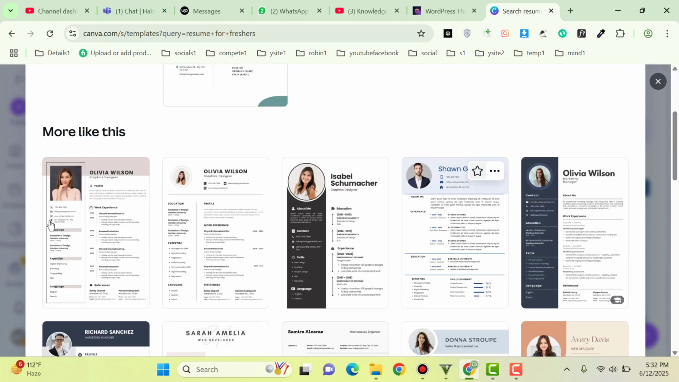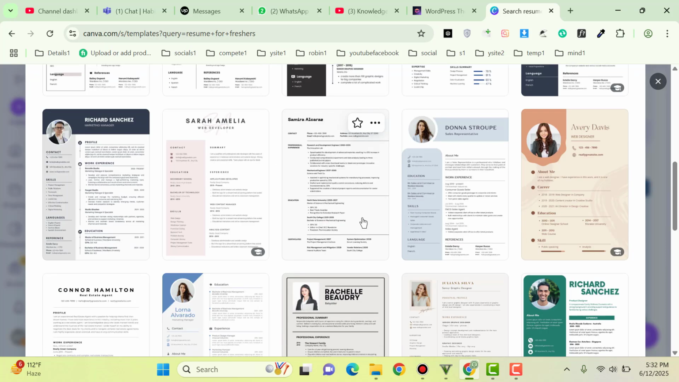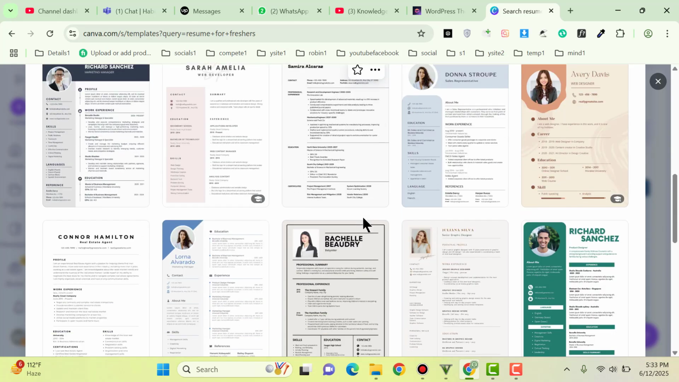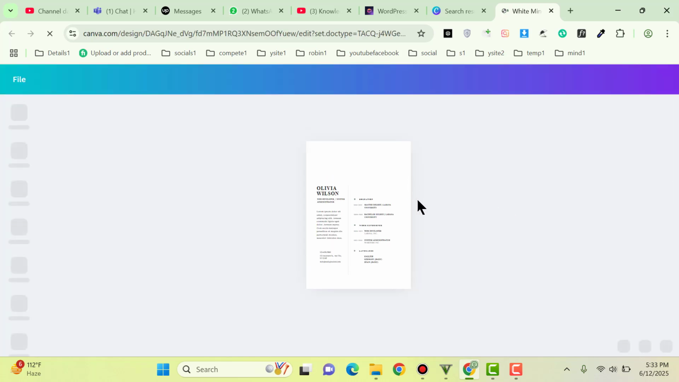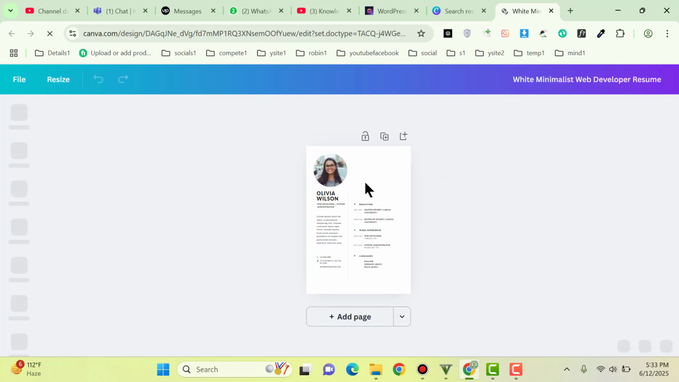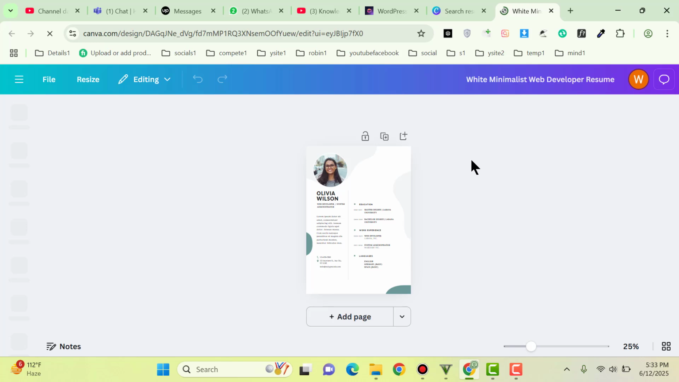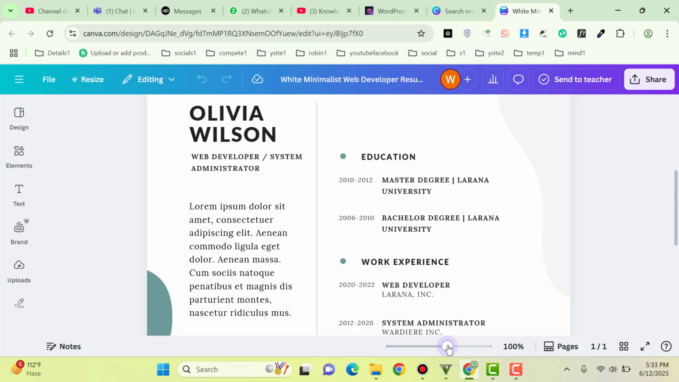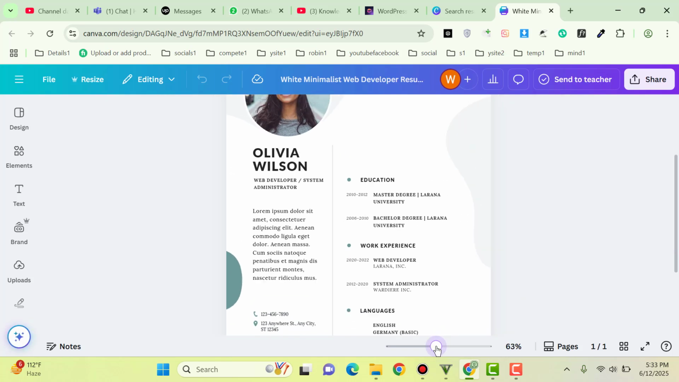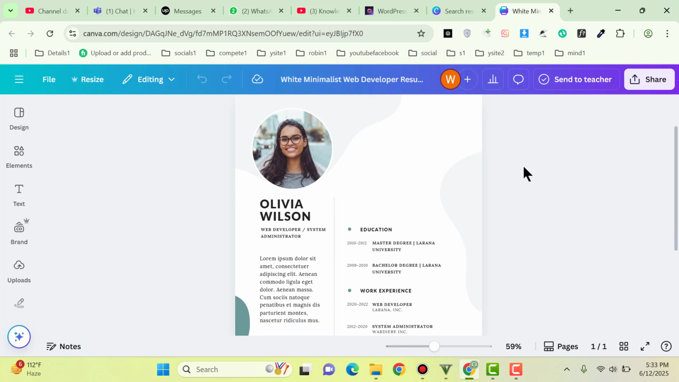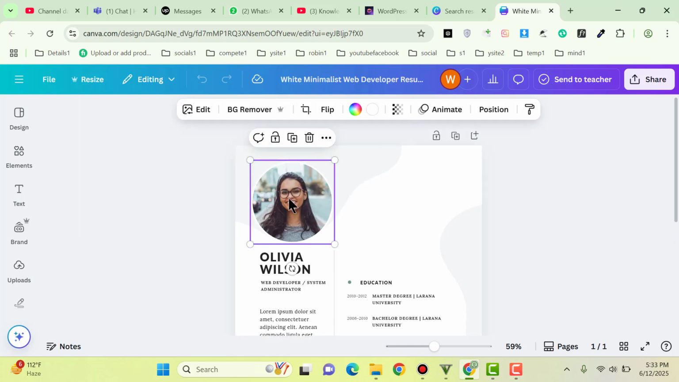and after that you will also get here more related options, and after that click here customize this template. So now if you want to edit this template, before start editing you need to do some zoom in, and on the bottom here you can see this one. So you can set zoom, and after that if you want to change this image, just you can click on